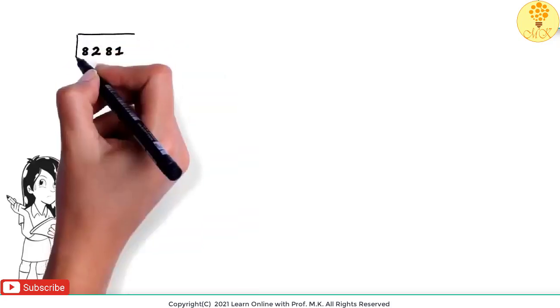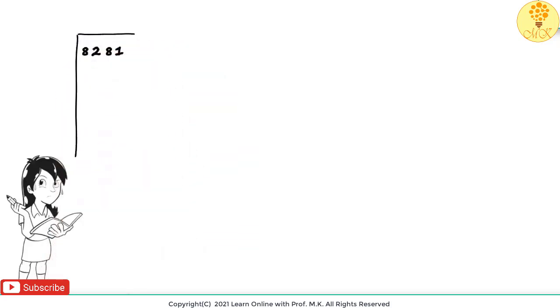So for such large numbers, we use the long division method. The first thing we need to do in the long division method is to draw lines like this. A line on top and a line to the left of the number. When you draw a line on top of the number, remember to leave some space above the number. Once you're done drawing these lines, you're ready for the first step.